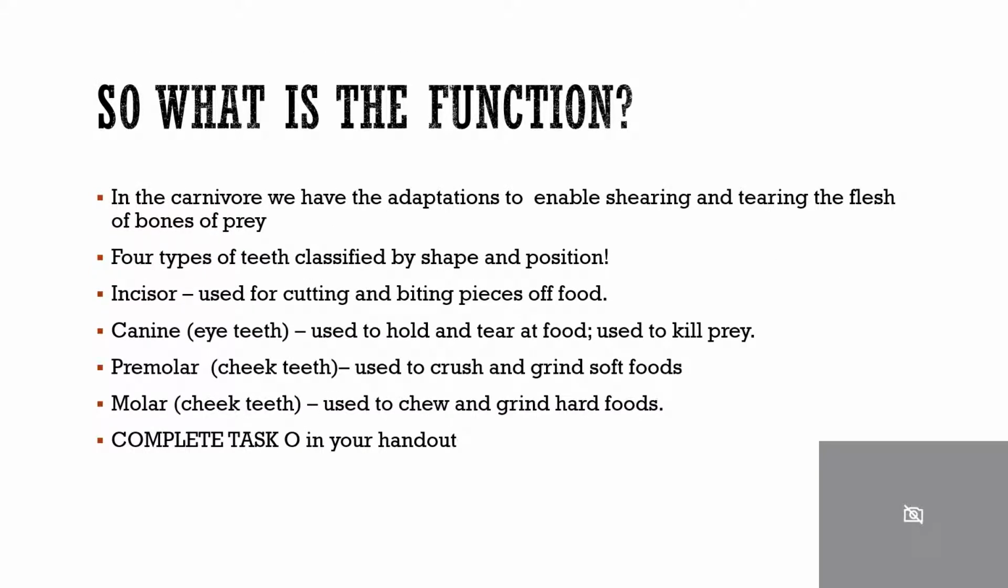So what is the function? In the carnivore, we have the adaptions to enable shearing and tearing the flesh off bones of prey. There are 4 types of teeth classified by their shape and position. The incisors are used for cutting and biting off pieces of food. The canines or the eye teeth are used to hold and tear at food and also are used to kill